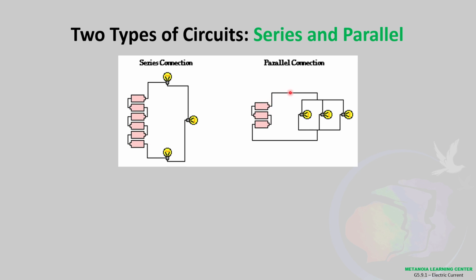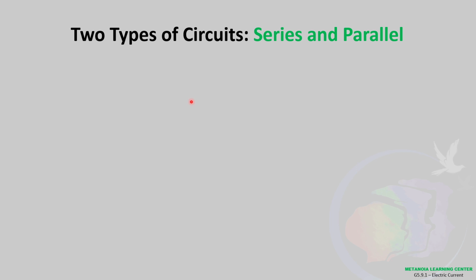While for a parallel, it can be connected in multiple paths. No? Unlike sa series, there's only one. Talagang isang daanan lang siya. Unlike for a parallel connection, there are multiple. From one point can be separated to multiple connections. Okay? So, in definition,